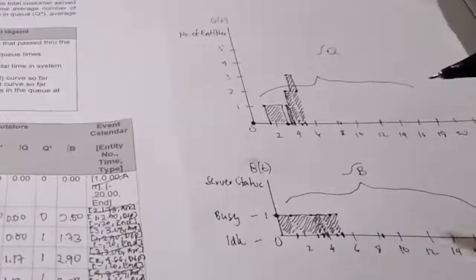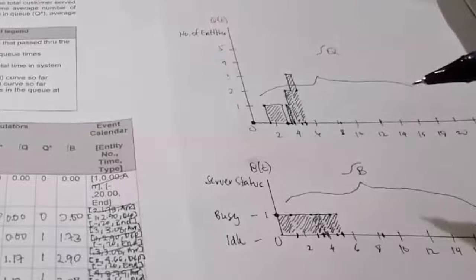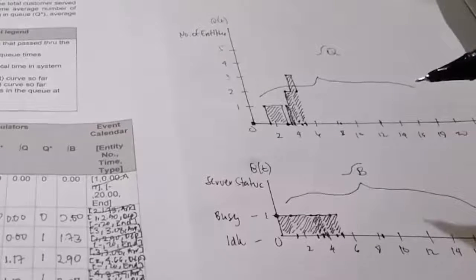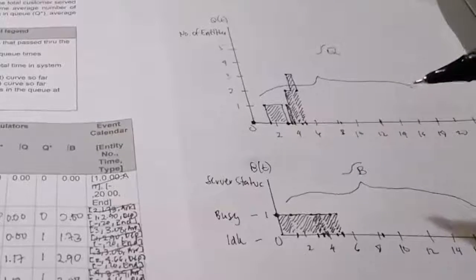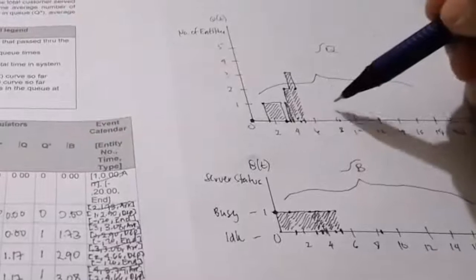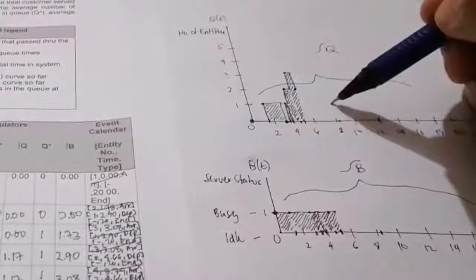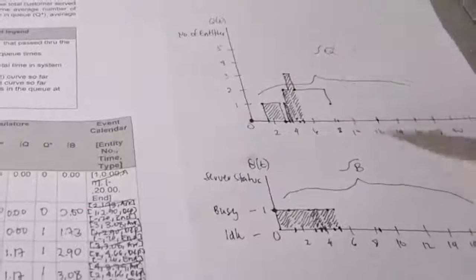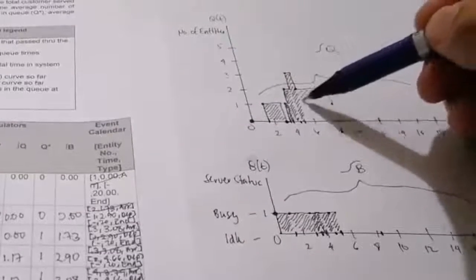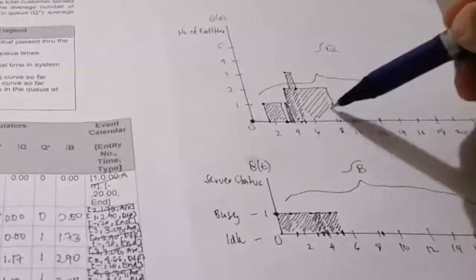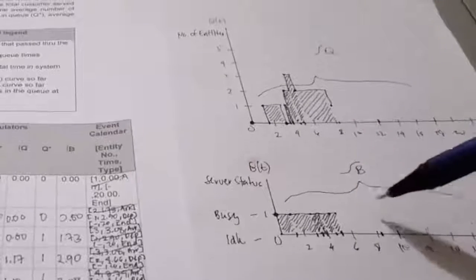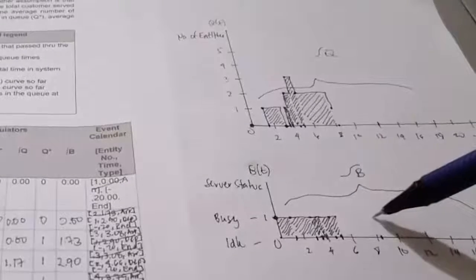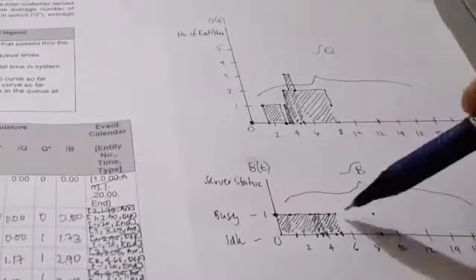Magde-depart na si customer number 3. At yung dalawang nandun sa ating queue ay mababawasan ng isa, kasi yung isa, papalitan niya si customer number 3 doon sa server. So, at this point in time, magiging isa na lang yung nasa queue. Ganito, pababa yung ating drawing. And then, meron nang generate na malaking area dito. And then, si BT curve, busy pa rin at time